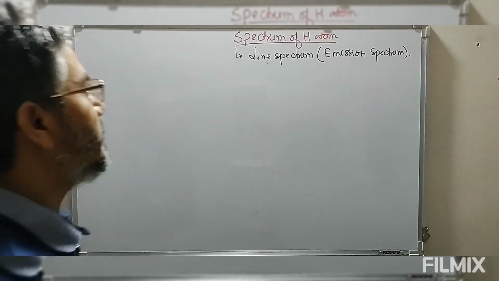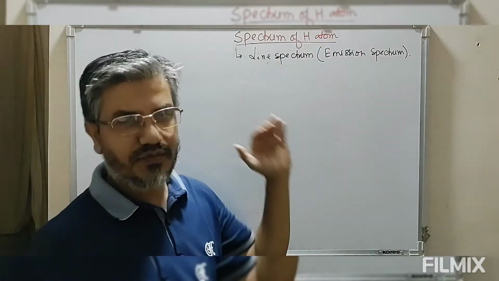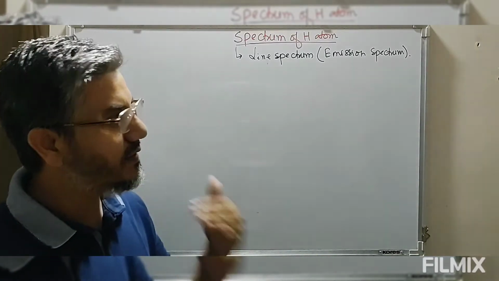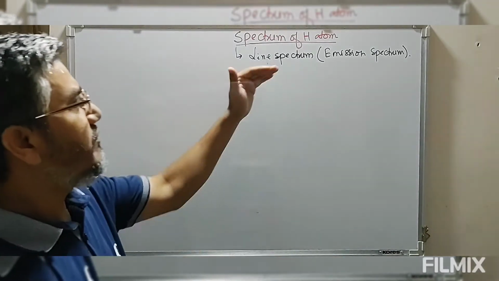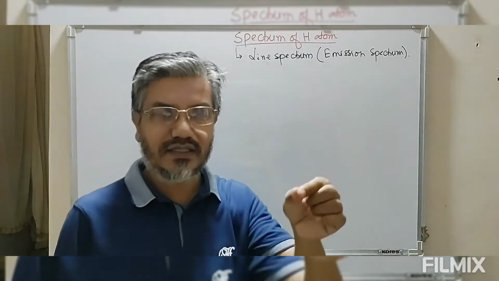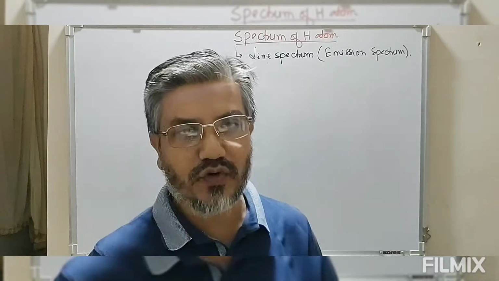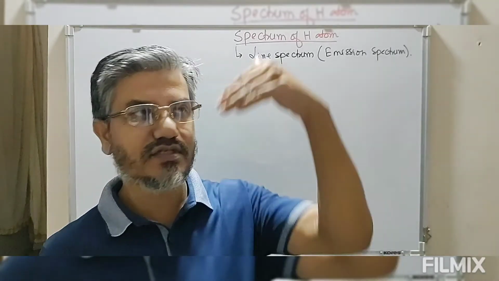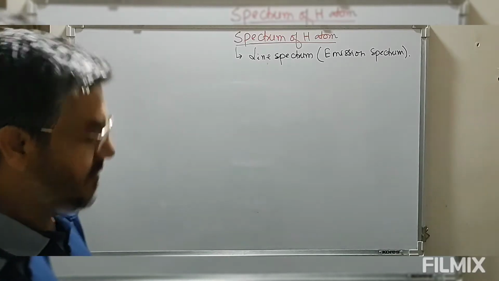Starting with the spectrum of the hydrogen atom. This spectrum is nothing but the emission spectrum. During this emission, clear, distinct, bright lines will be observed. Since clear, distinct, bright lines are observed, this spectrum of hydrogen is also known as a line spectrum, because of the appearance of clear, distinct lines in the spectrum, and each line corresponds to a particular frequency or a particular wavelength that has been released when an electron comes from the excited level to the ground state. So we have this line spectrum.